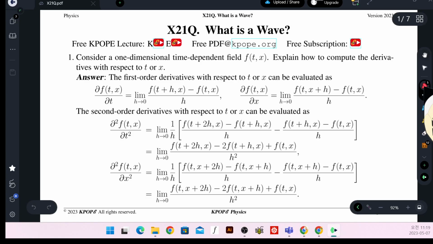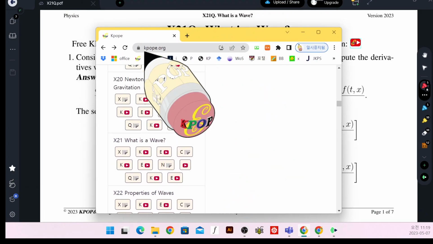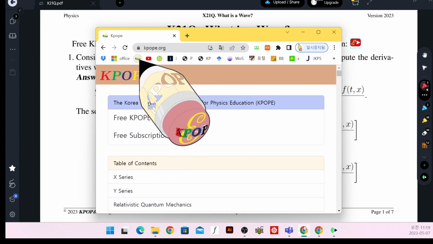Today we study X21Q. What is a wave? This is an English version. You can download this PDF file from the website